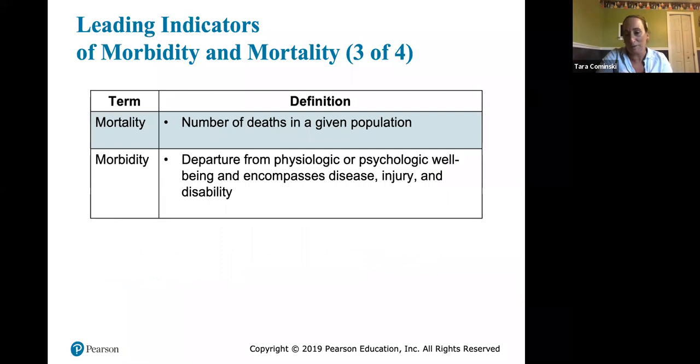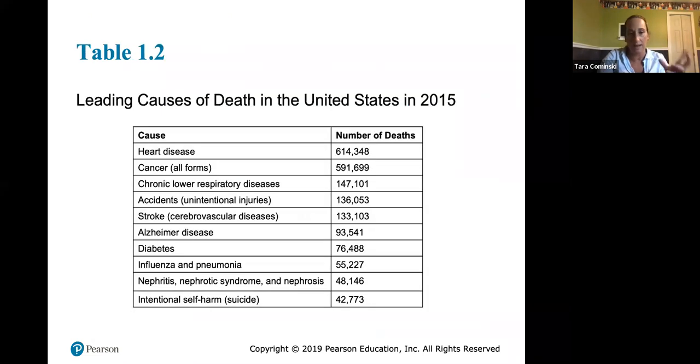Obviously, important to think about public health. Again, something that probably we think about a lot these days, maybe more than normal. Okay. Mortality versus morbidity. Two, again, slightly different terms. So this is basically showing you leading causes of death. This is from 2015, in terms of number of deaths or mortality caused by specific disease. Okay. So you've got heart disease up there, but cancer is pretty close to it, unfortunately, right?